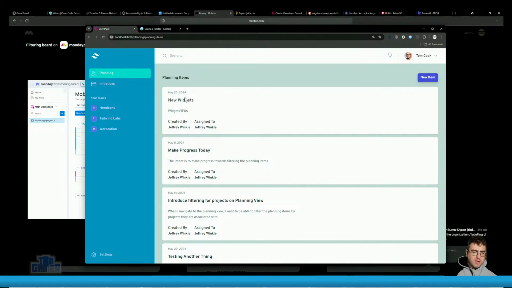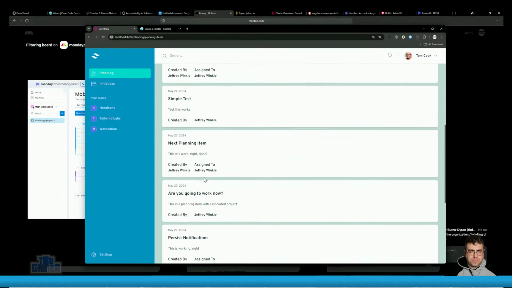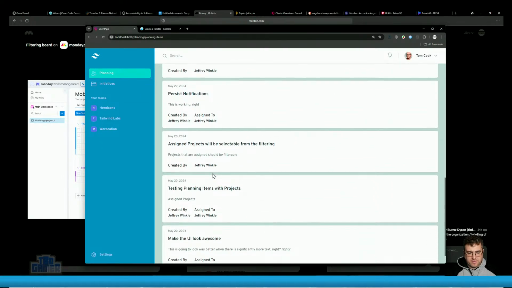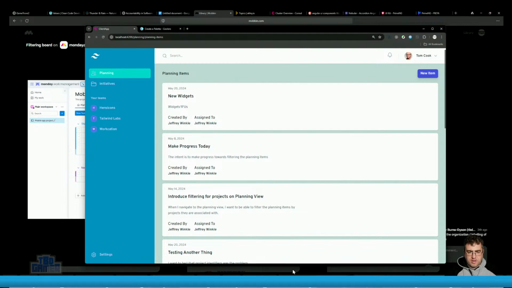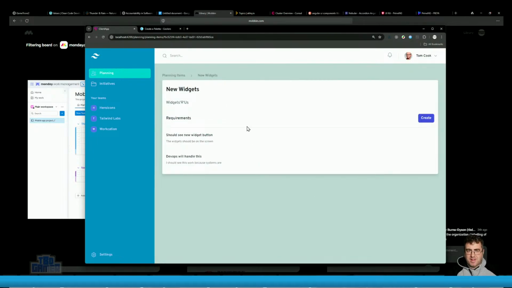Because as cards, they don't make sense. It doesn't make sense as cards because there's just too much information there, and this isn't a usable view, right? Again, I'm clicking on them and navigating through. That was the first thing, because this is the information you care about. And even these,